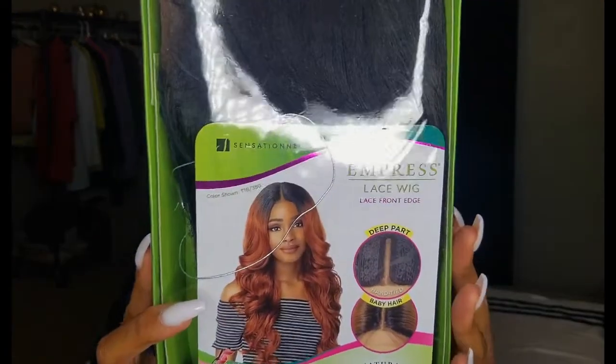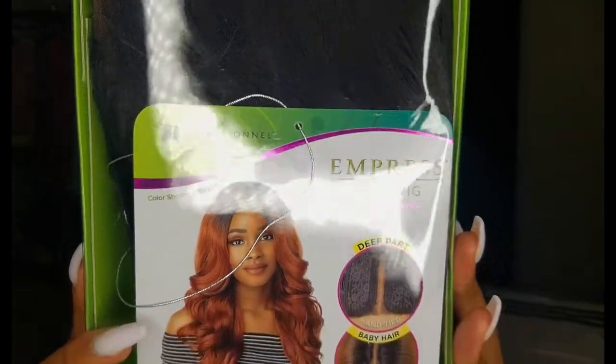So here's the wig, Sensationnel Zaniya. I got it in a 1B. I will bring it up close so you can see what it looks like on the stock card. There it is. It's a natural deep part wig and it has baby hair in the front. It says that it's hand tied for a more natural shaped part. So now I'll take it out of the box and we shall try it on. And I forgot to mention that it is a lace front wig. Okay, so